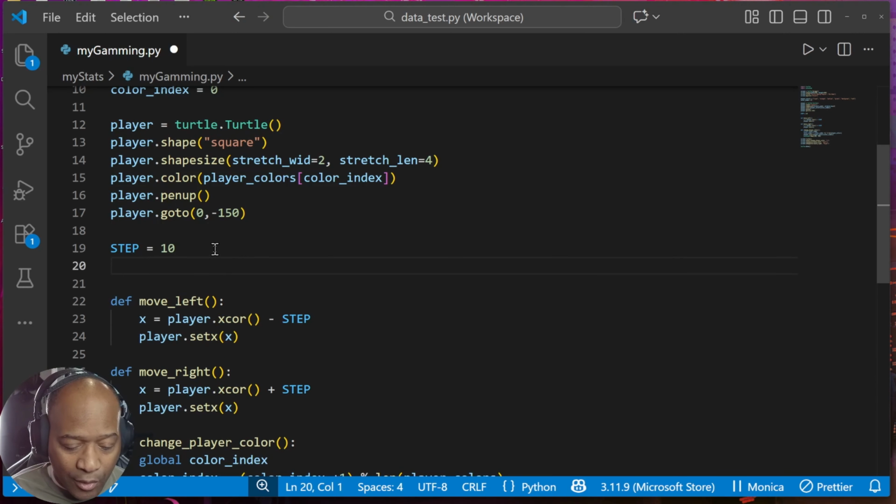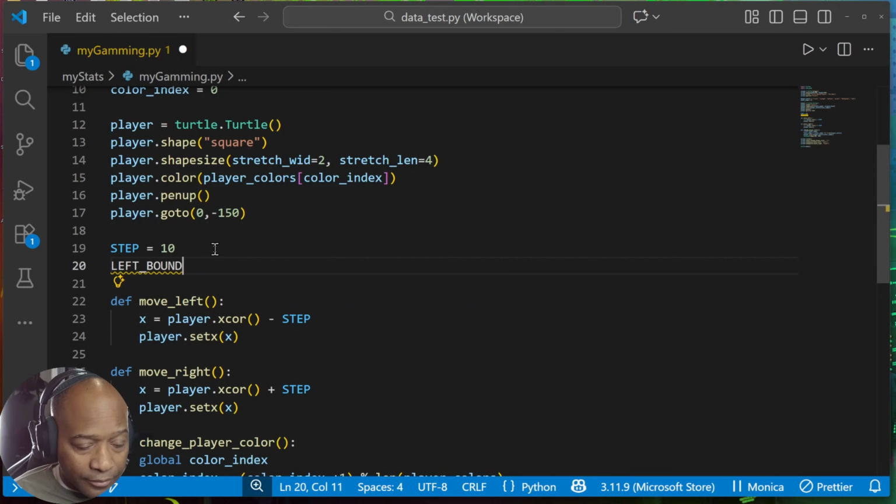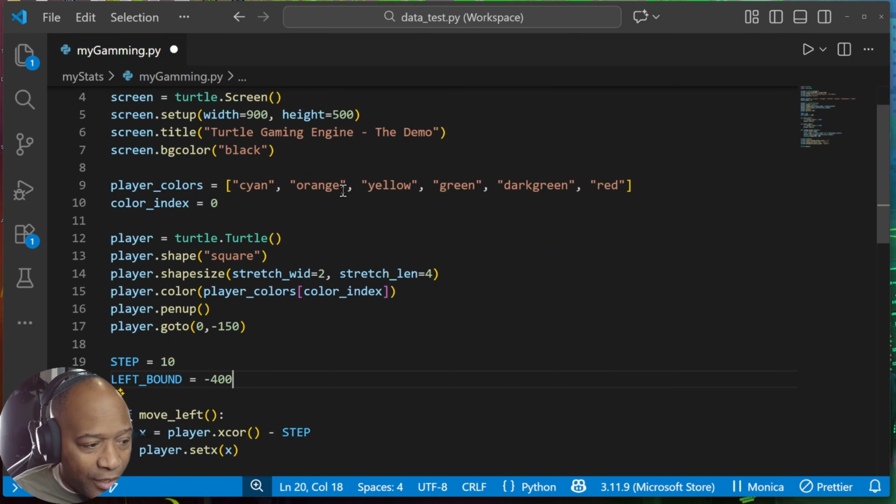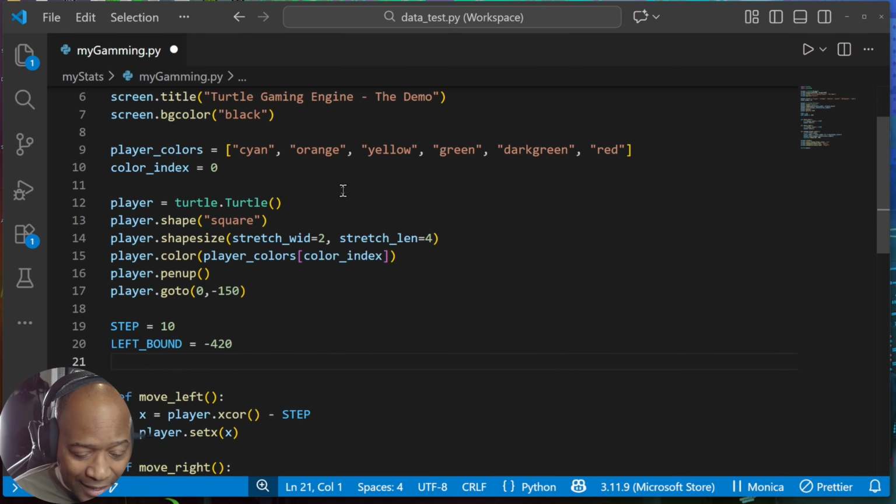So let's go left bound. And what was my screen size? 900, right? So you look at 450. Now, depending on the size of the block, it's the center of the block, it'll be off. So let's say minus 400. We could push the envelope. Let's say 420. It could really be on the edge. And then right bound equals